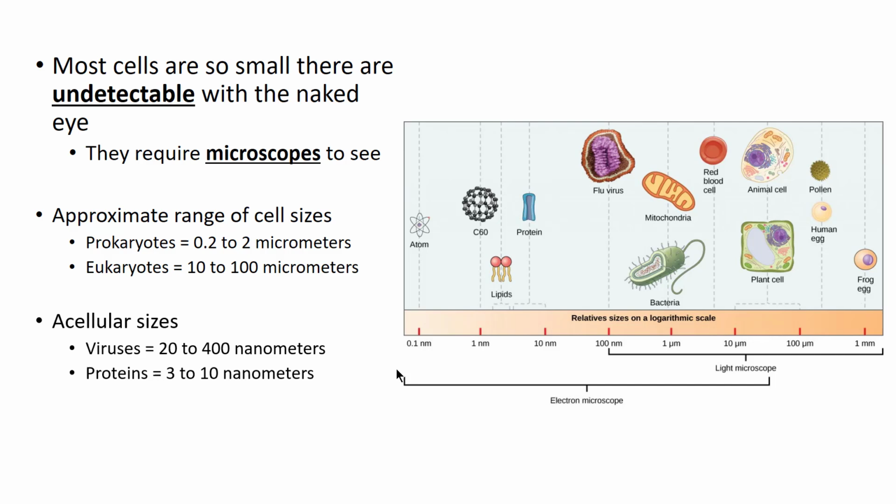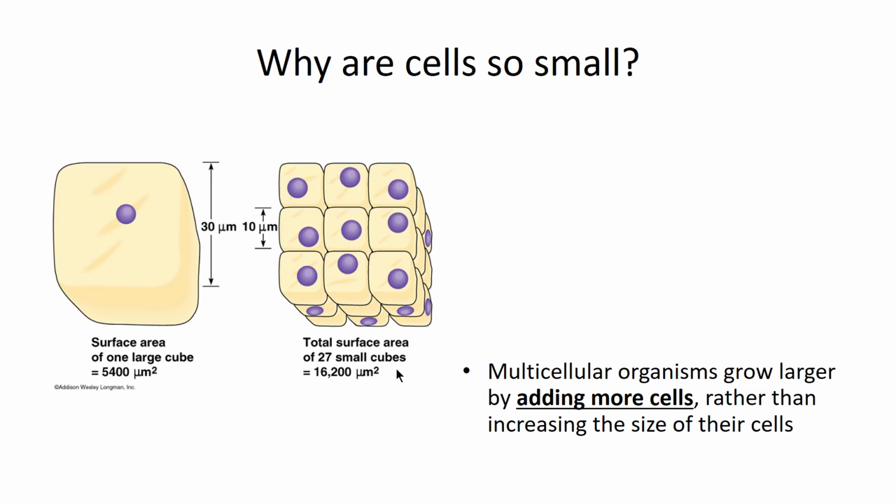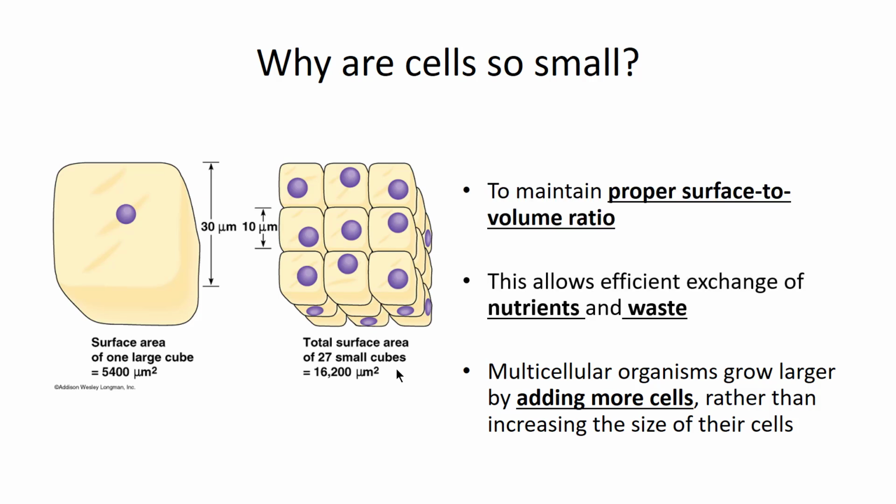So that's an idea of the size of things, and when we talk about micro, small, that puts some more logistical parameters to what that means. Last thing here, and we'll wrap this one up: why are cells so small? Because you might think that given enough time, cells could adapt and change and grow bigger, and maybe there would be some survival advantages to that. But the reason cells remain small has to do with this specific logistical aspect, which is to maintain proper surface to volume ratio. So if you only remember one thing from this slide, remember that first line. Why are cells small? To maintain proper surface to volume ratio.